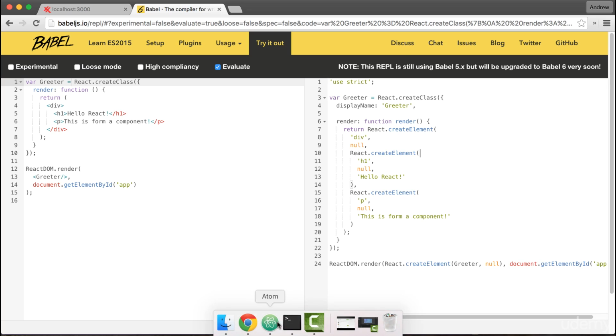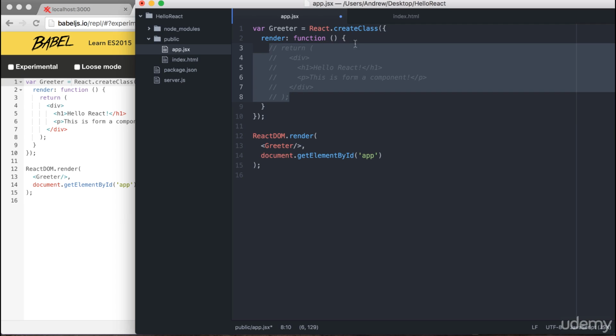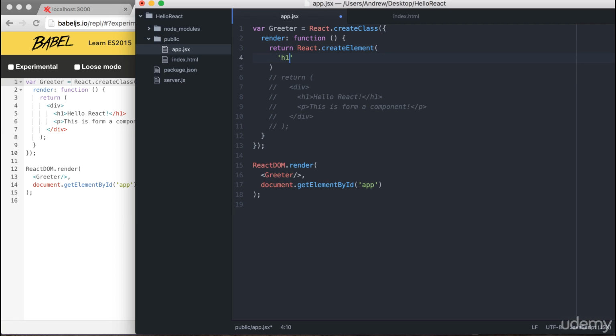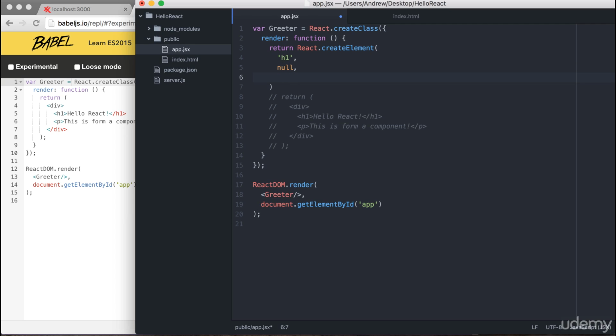Now, the final way we're going to prove that inside of Atom is to comment out our current return statement. Inside of render, I'm going to return a call to React.createElement with a capital E. I'm going to create an h1 element. It doesn't need any attributes, so I'll leave that null. And in this case, attributes would be things like ID or class. The next thing I'm going to do is add the contents, and all we're going to do inside of our strings is Hello